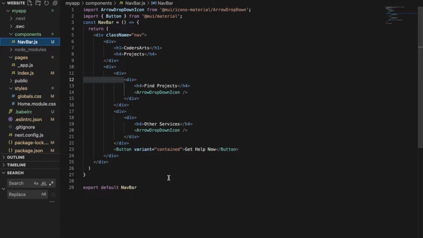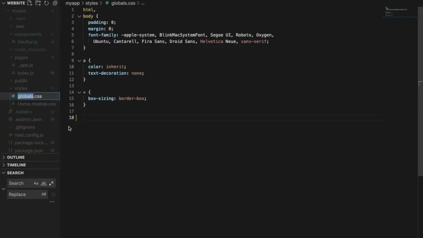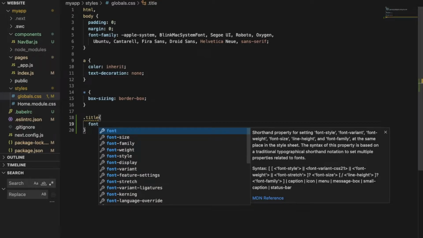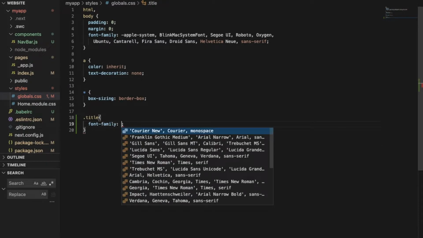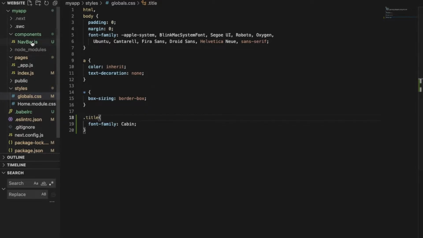We'll start styling our navbar. So first, what we'll do is we'll go to globals.css, and here we'll say dot title, font family is cabin. We'll use this as font family wherever we give the class name title, right? Now we'll go to navbar,